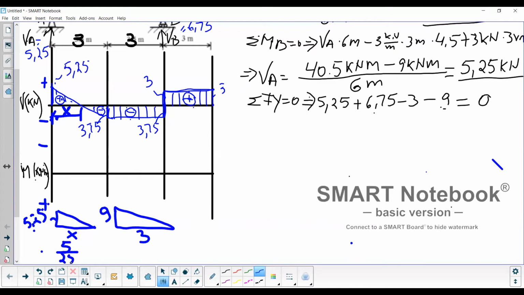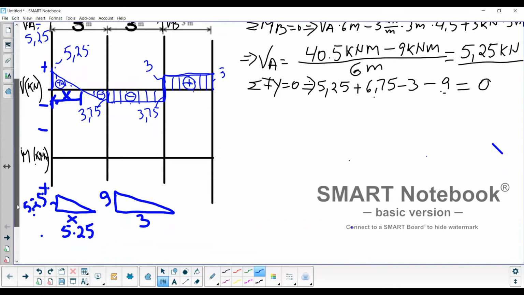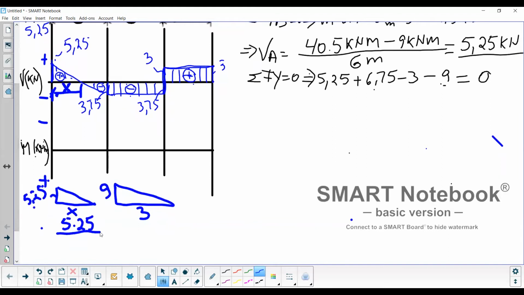5.25 relates to 9, the same way X relates to 3. This means that X equals to 5.25 times 3 divided by 9. Which means if you do the math, our X equals